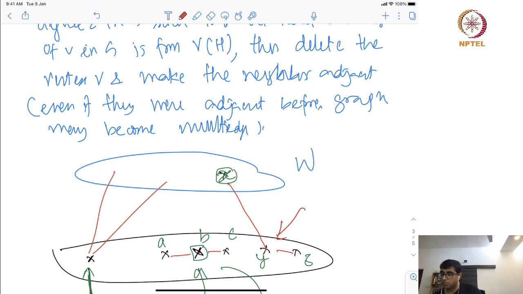So, in the replacement solution, the reason why I cannot apply the reduction rule here is that both neighbors are in W and both are forbidden. So if I put an edge and look at a solution where we would like to replace wherever X appears, we cannot replace it with any of these vertices because they are forbidden.